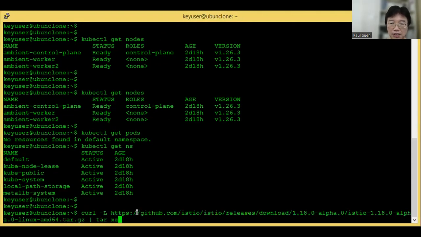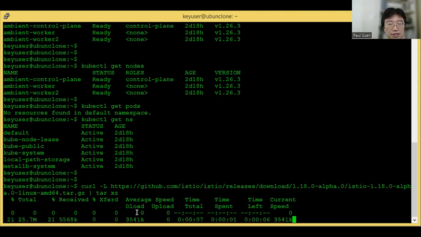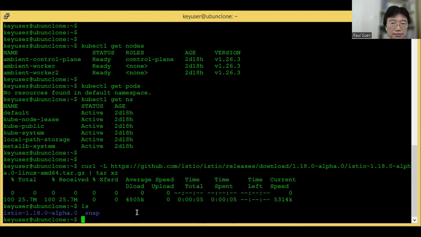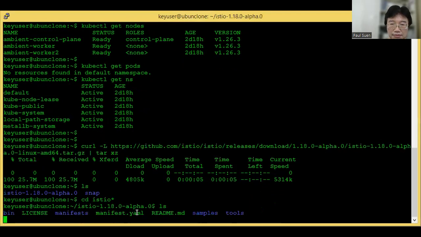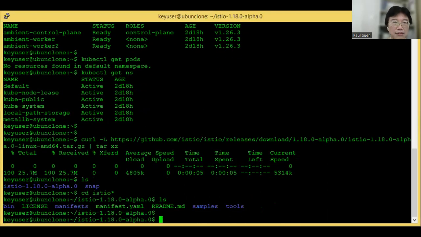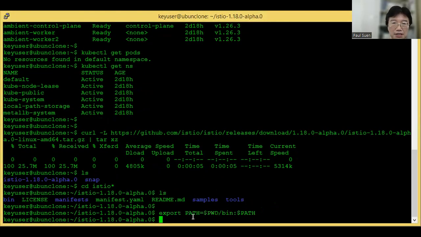First, we download the binaries. Then we set the path. After that, we can install the Istio ambient mesh.